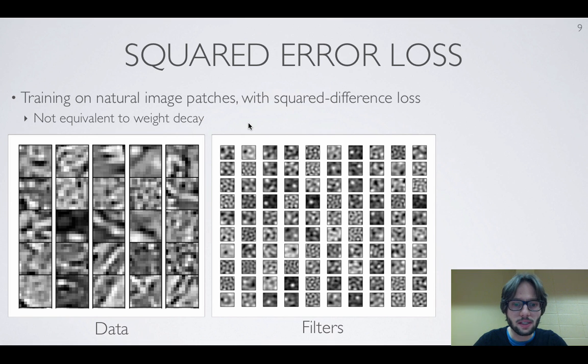And also, it's not equivalent to taking the regular autoencoder and adding a lot of weight decay. So I'm mentioning this because it's been shown that adding Gaussian noise in the input of an autoencoder, if this Gaussian noise was very, very small, then in the limit of towards being zero, it's essentially equivalent to some sort of weight decay or regularization on the weights. But in fact, if you trained a regular autoencoder with some weight decay, we actually don't recover the same solution. We get these high frequency filters that,